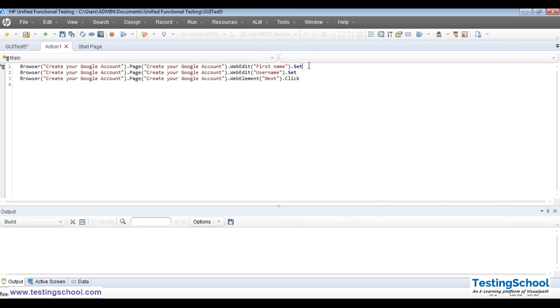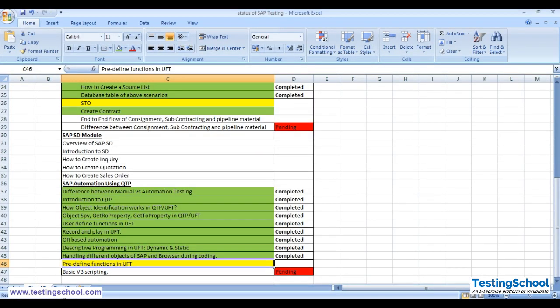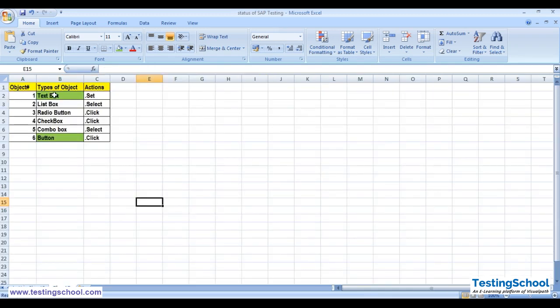See, the first function by default it's showing is Set. Set means when you are trying to set some value. As we have discussed earlier also, a text box will have the set function, a list box will have the dot select function, buttons will have the dot click function, and a combo box can have dot click and dot select combination, or can have dot set. Okay,